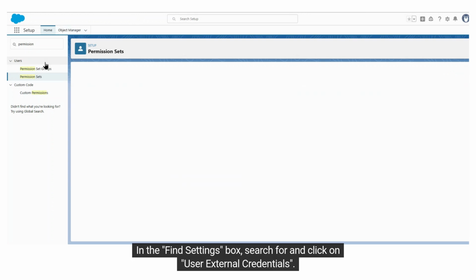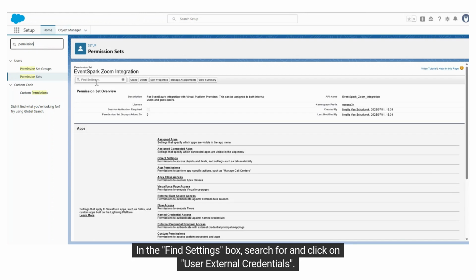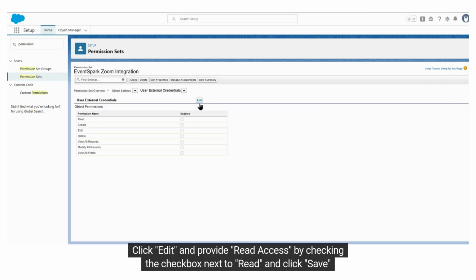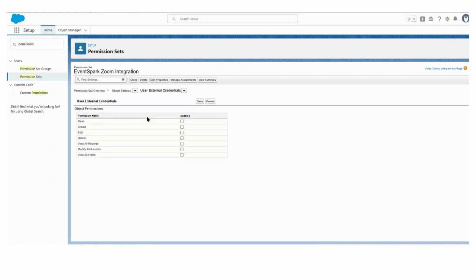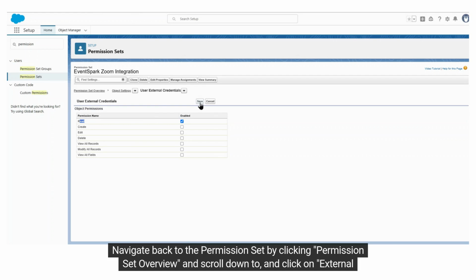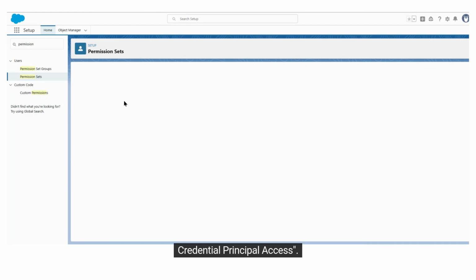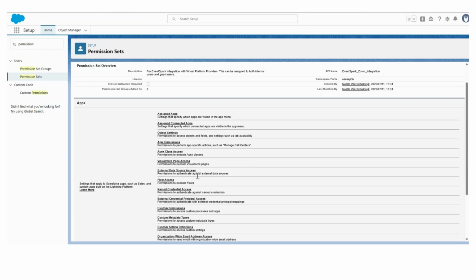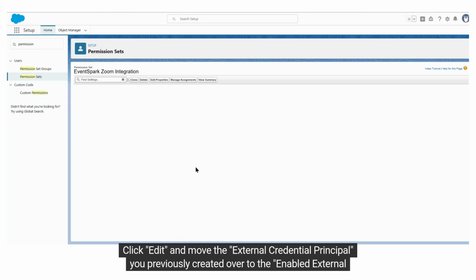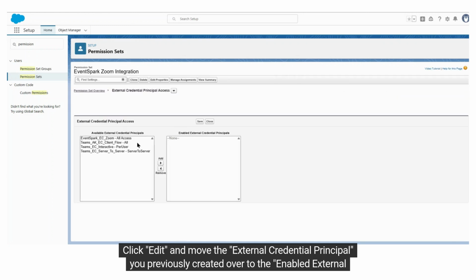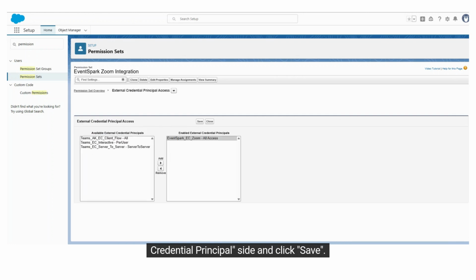In the Find Settings box, search for and click on User External Credentials. Click Edit and provide Read Access by checking the checkbox next to Read and click Save. Navigate back to the permission set by clicking Permission Set Overview and scroll down to and click on External Credential Principal Access. Click Edit and move the external credential principal you previously created over to the enabled external credential principal side and